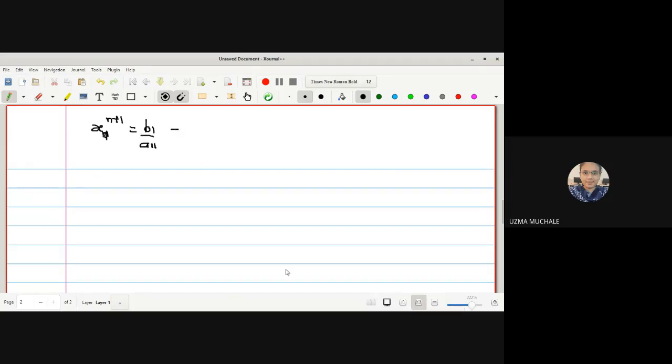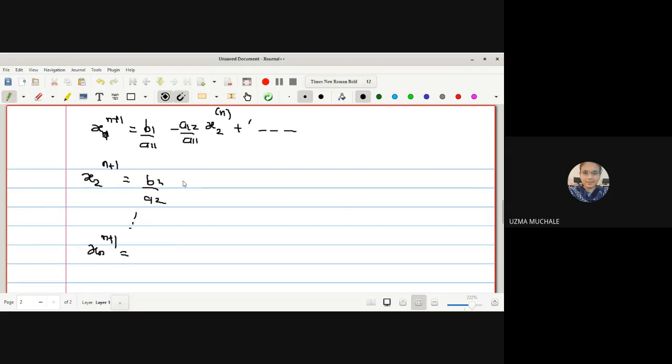Correct, minus the next term. What is the next term for this one? a12 divided by a11 x2 raised to n. That is the value which we have obtained for the nth approximation, and so on. Similarly, we can do the procedure for x2 raised to n plus 1 is equal to b2 upon a22 and the next one. And the last will be xn raised to n plus 1 is equal to